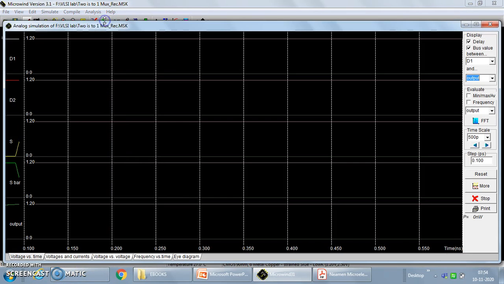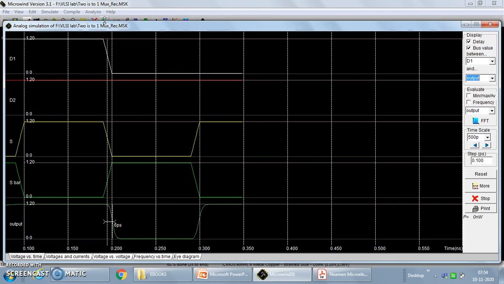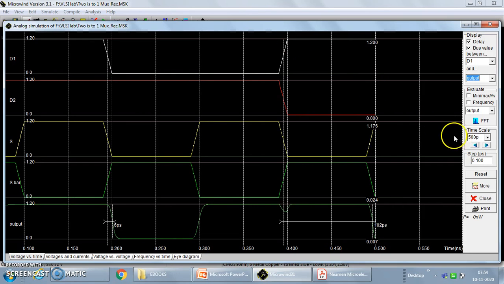If I simulate the circuit now, what is the expected output should be known to us, then only we can check if the output is okay. We have already seen what the function of a multiplexer is based upon the select line. If select line is 1, then D1 will be transferred to the output. This is the select line S, this is S bar. If S is equal to 1 or 0, accordingly S bar is provided. And this is the output, and these are D1 and D2. Actually, it should be D0 and D1 as per the labels given there. But it is okay. Let us understand that this is D0, this is D1.